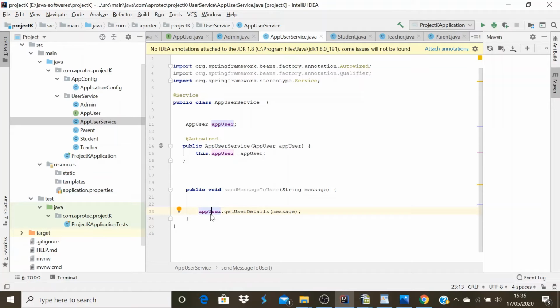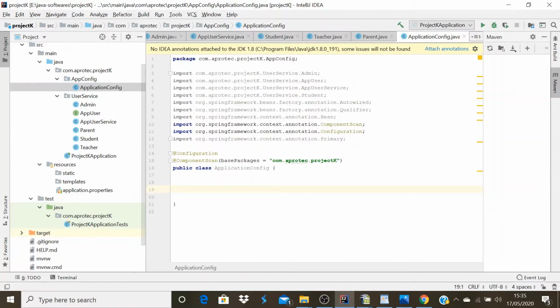To do that, first we need to create a configuration class in Spring, and we need to create the beans for the corresponding users. Then the Spring application context will take care of getting the correct beans. So I created the ApplicationConfig.